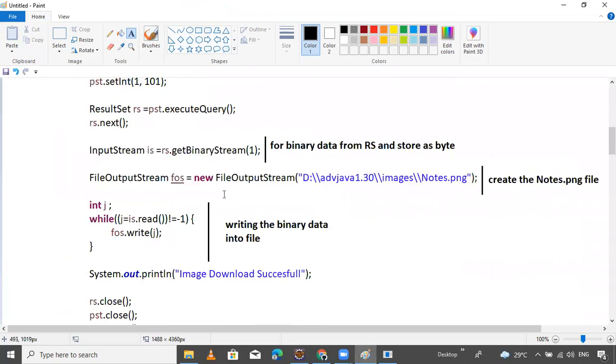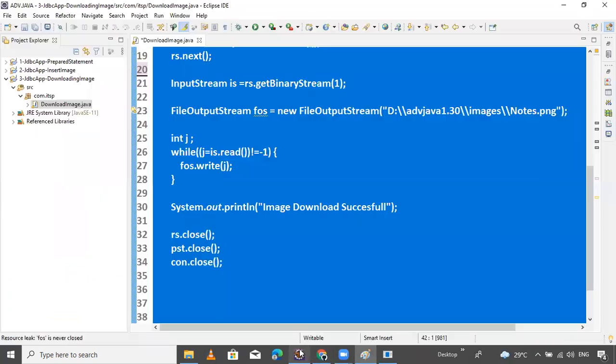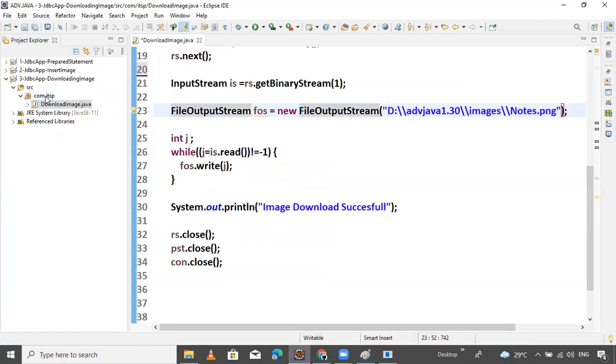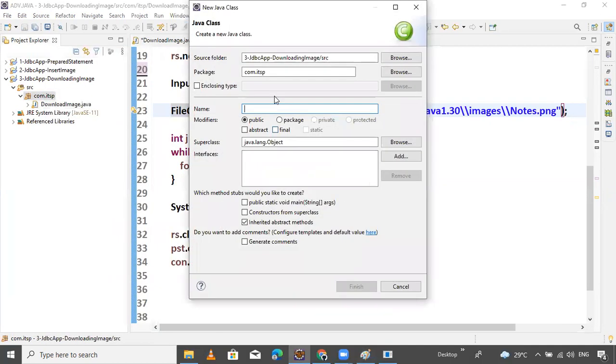Okay. Now I want to show you one more way of retrieving the record. This is also a simple way, not required to do anything. So create one more class in the project, Download, retrieve image. I want a main method for this also.